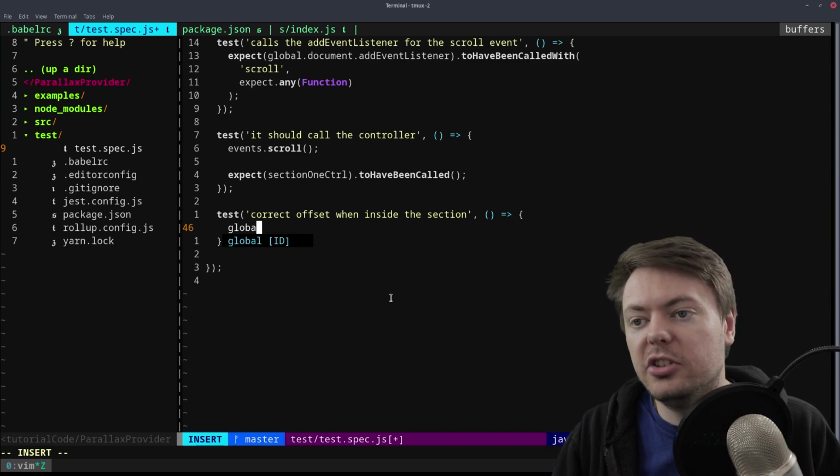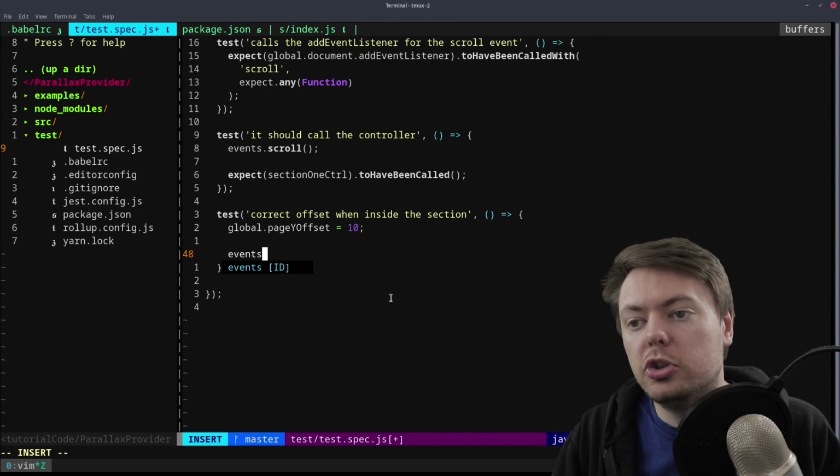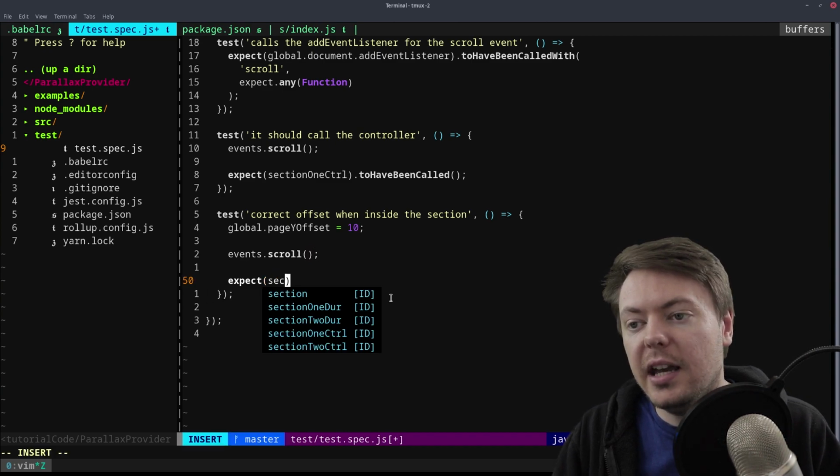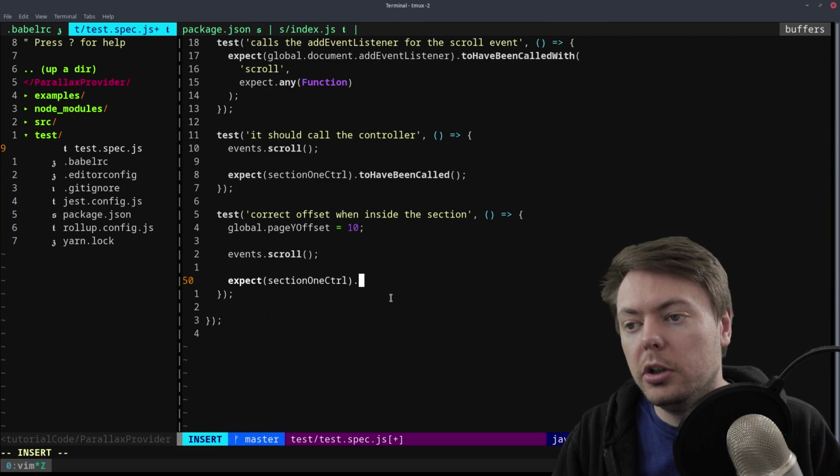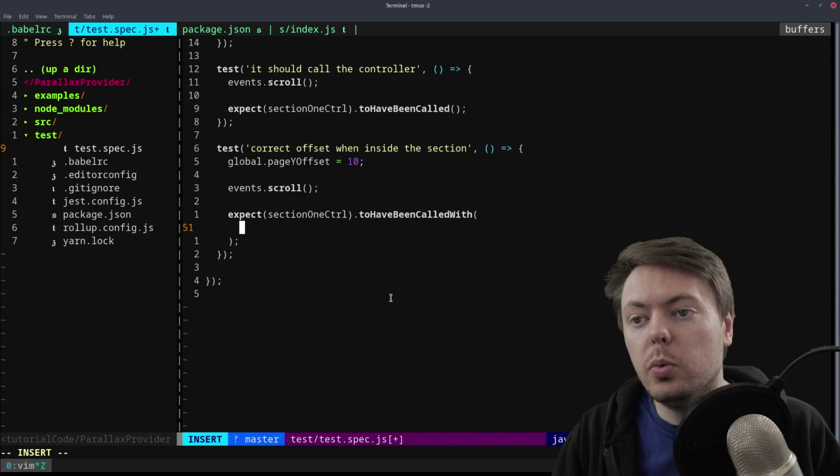So here we'll set global.pageYOffset, and we'll set that to 10. And then we'll trigger the scroll event. And then we can say expect section 1 controller to have been called with, and we want it to be called with